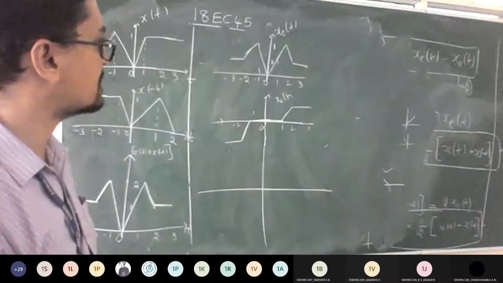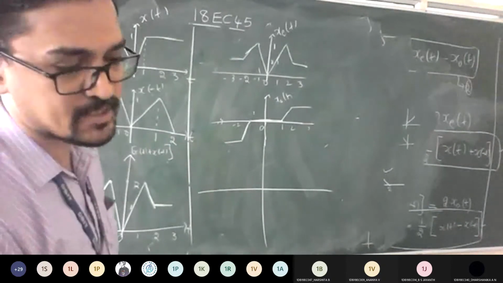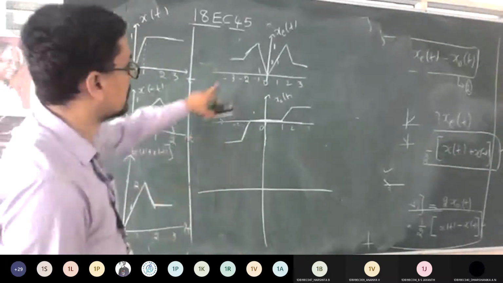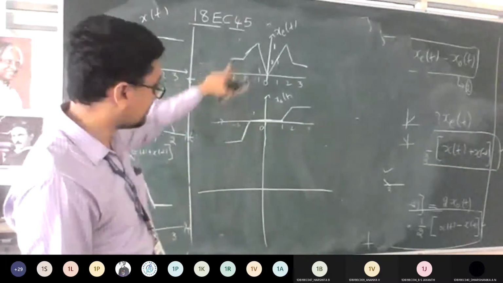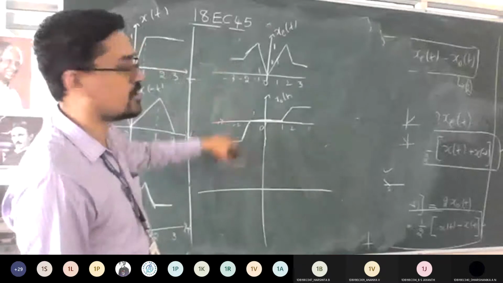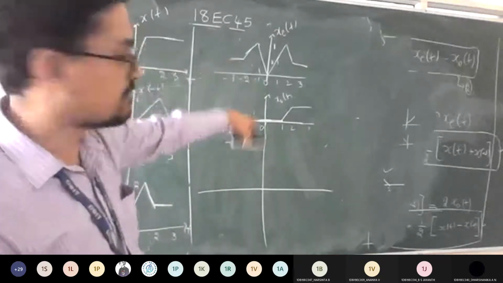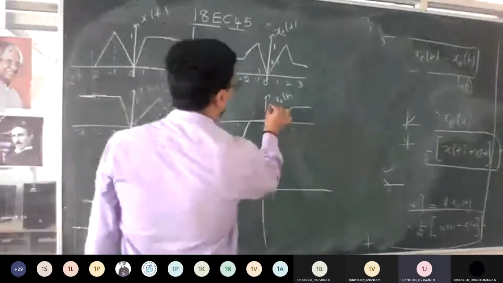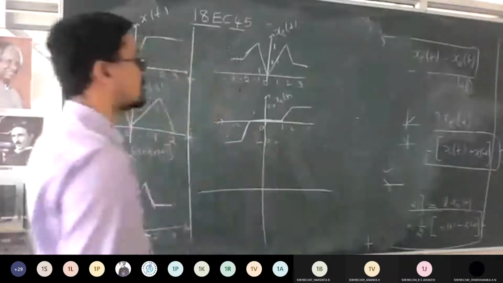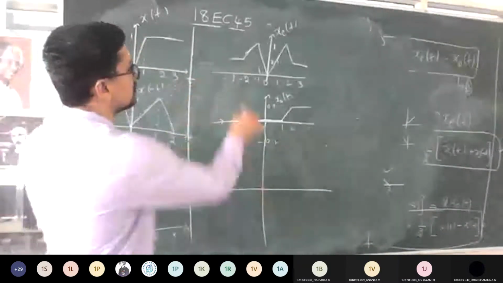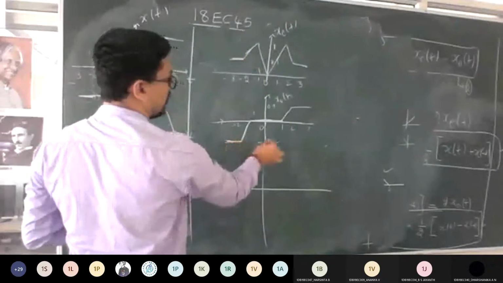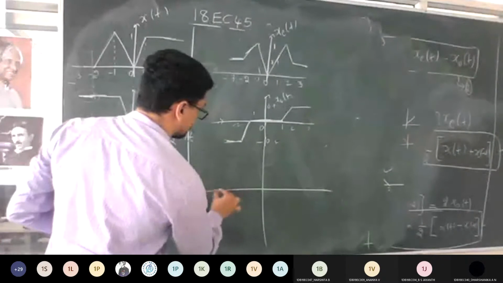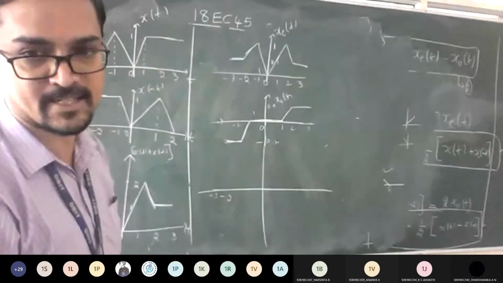Look at this and tell me what is minus 3 to minus 2. Minus 3 to minus 1 signal is there. Both are opposite, with 0.5 and minus 0.5 amplitude. Yes or no? Yes, sir. So this is your 0.5, this is your minus 0.5. So from minus 3 to minus 2, both are having 0.5 and 0.5, so there is no signal. It means it is at 0, that is, it cancels.